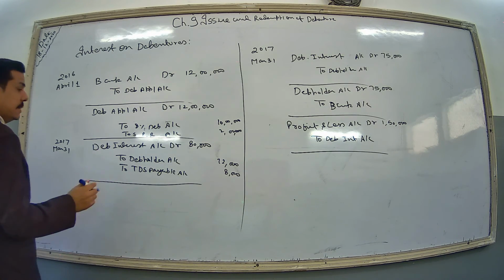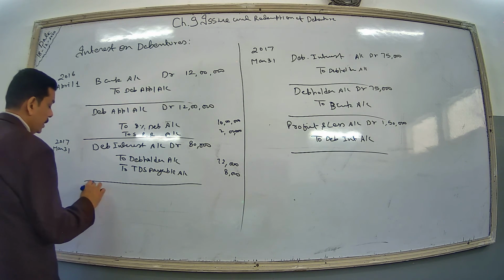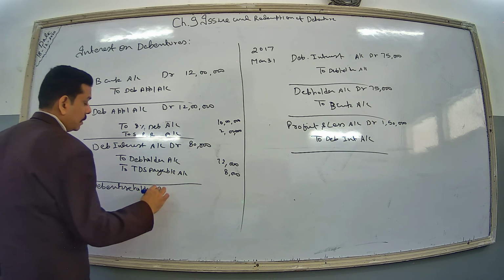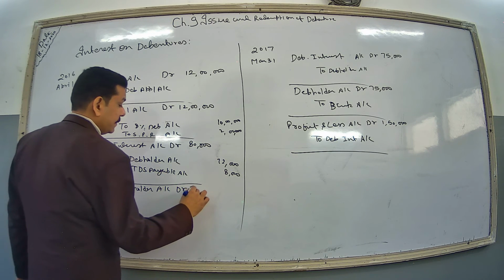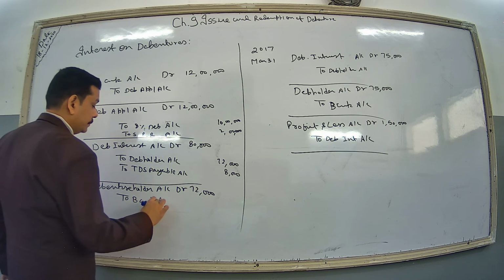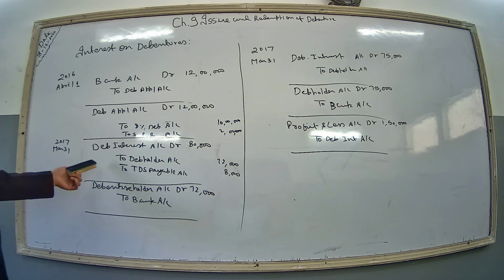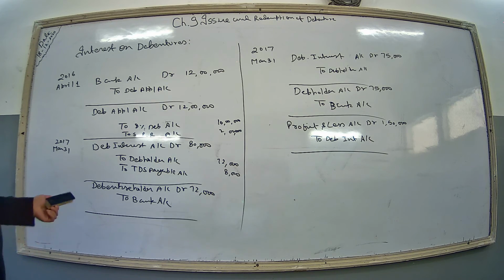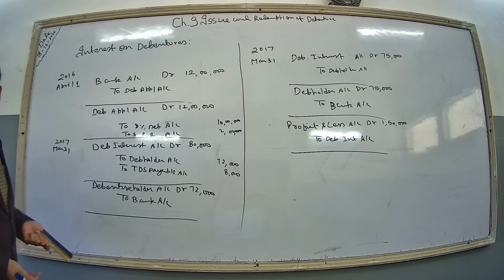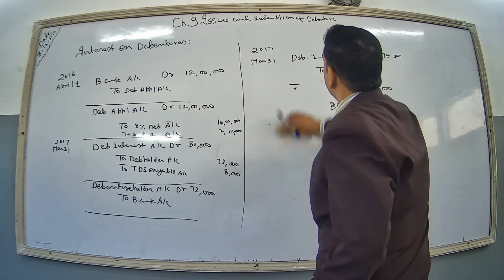Now at year end this interest is paid. Okay. So debenture holder account debit 72,000 to bank account. Okay. Here what will we write? Here you have to write being the debenture interest due and TDS deducted at the rate of 10%. Then here you will write being the debenture interest paid to the debenture holder. Now afterwards we will pay TDS to the government.